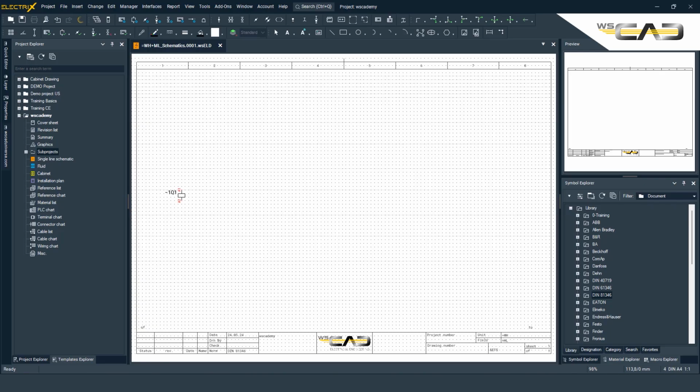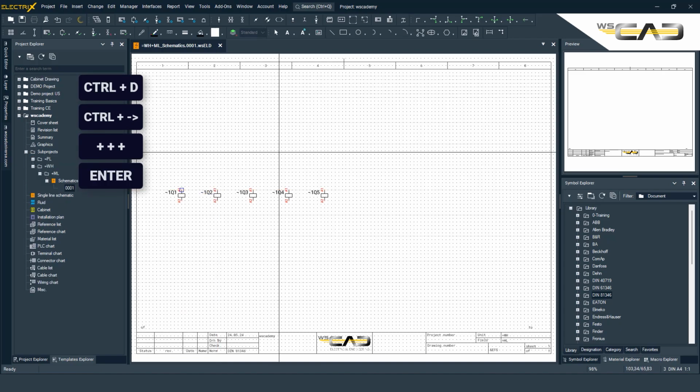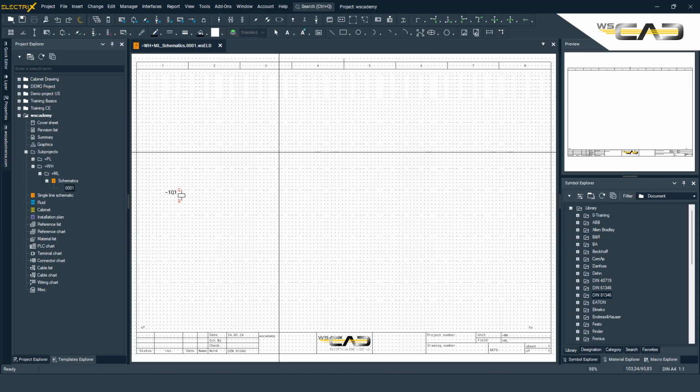If you like working with the keyboard, you have already integrated many of the keyboard shortcuts as an automatic sequence in your workflow. For example, Ctrl-D, Ctrl and arrow key, e.g. to the right, plus a few times, and the Enter key, just like Ctrl and Z to undo everything. But in order to create a simple circuit diagram page, you have to use the mouse again, for example,